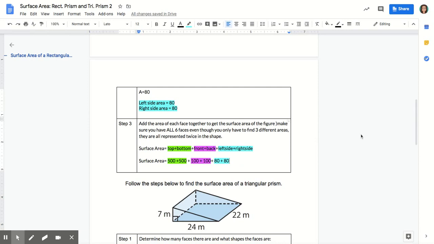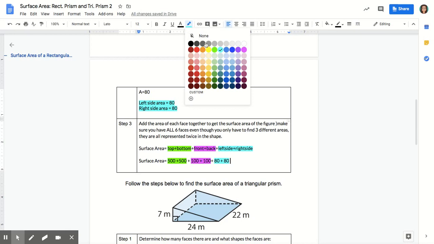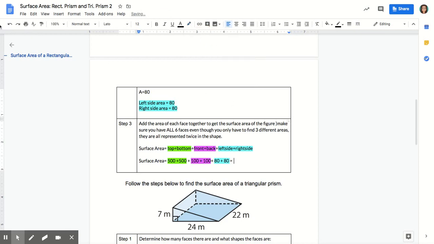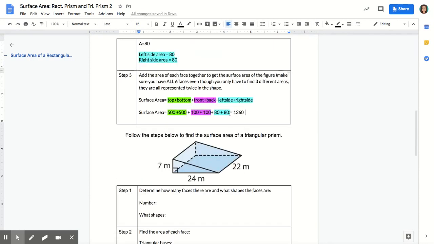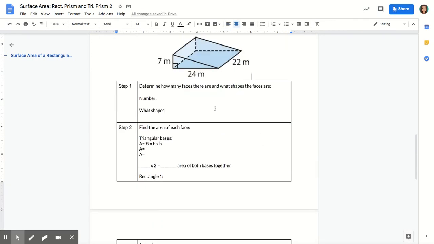Okay? And when you add all of that together in a calculator, we're going to add 500 for the top, plus 500 for the bottom, plus 100 for the front, plus 100 for the back, plus 80 for the left, plus 80 for the right, and that's going to be 1,360, and it's centimeters squared, or square centimeters. Okay? Now when we take a look at this one down here, this is a triangular prism,